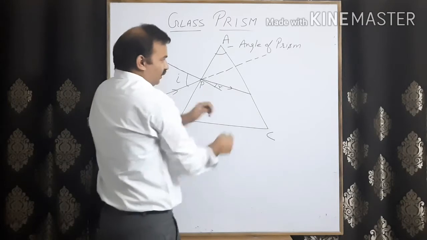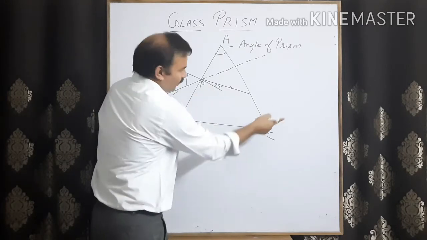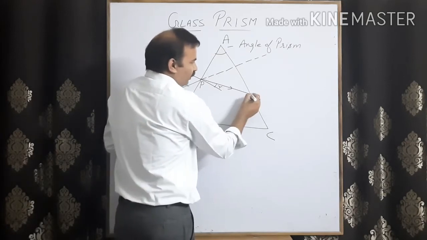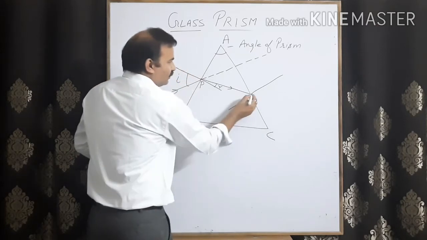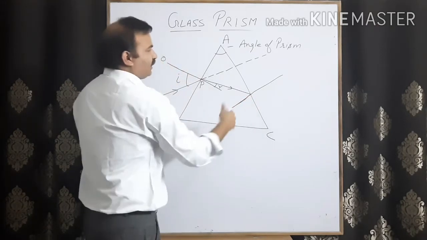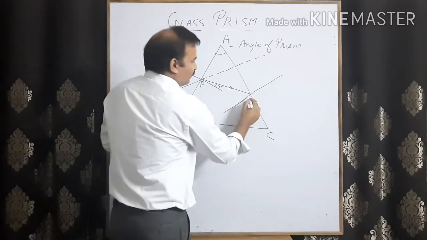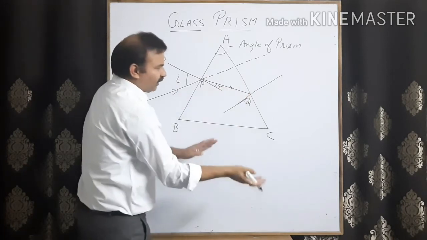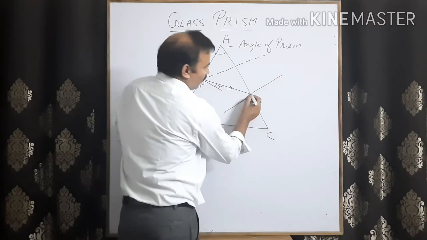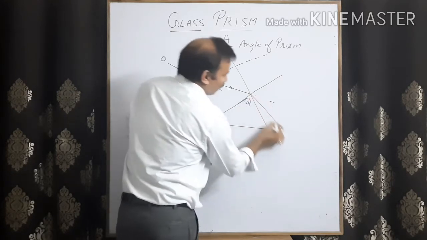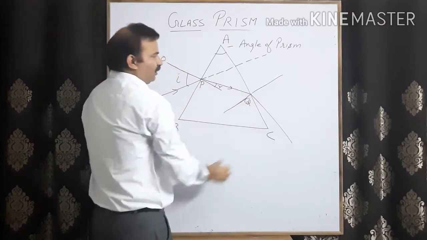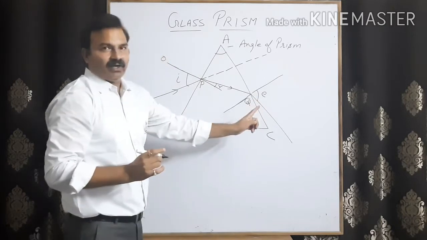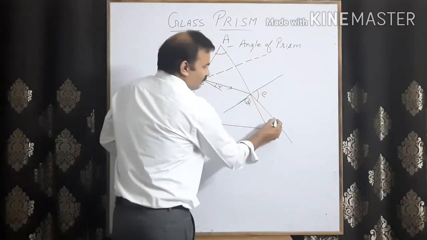Now the second part says, when a ray of light comes from a denser medium to a rarer medium, the light is striking here, so we have to draw one normal at this point. So this is the normal at the emergent point. Let this be the point Q. Now when a ray of light comes from a denser medium to a rarer medium, it bends away from the normal. Otherwise it should go like this, but it bends away from the normal. And this is known as the angle E, that is the angle of emergence, and this ray is known as the